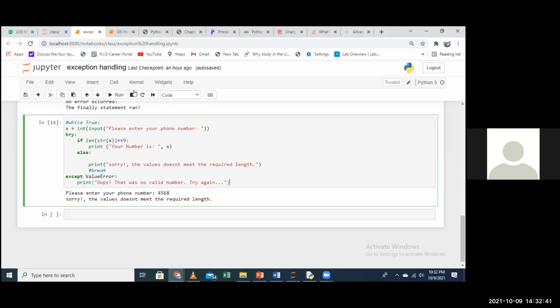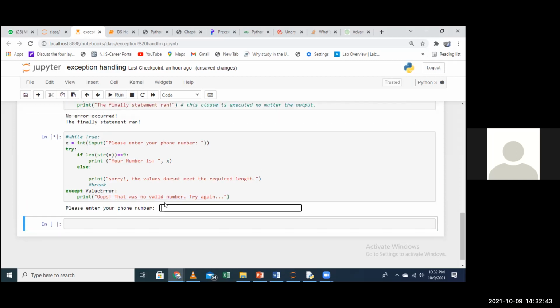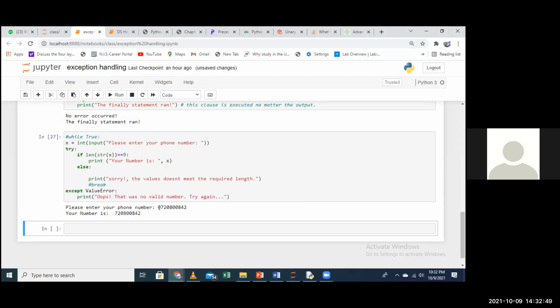Let's say maybe for instance, enter your phone number. Let me key in my phone number. Okay. Your number is, so this is the part of the code that is executed. Could you try maybe something different and see what output you can get?